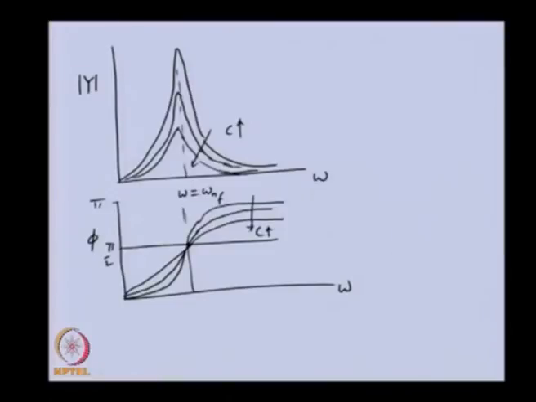You can see even at 0 damping, this will come up to here, then it will cross and go in this direction. This is corresponding to 0 damping. So, here the phase is always crossing at 90 degrees, and this is a particular characteristic of the critical speed. At that location, the phase between the force and response becomes 90 degrees.